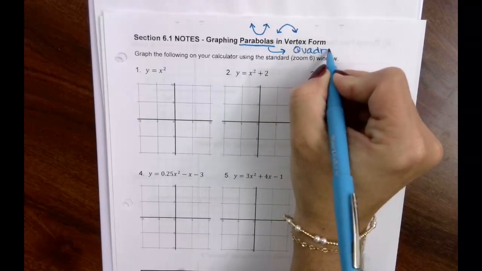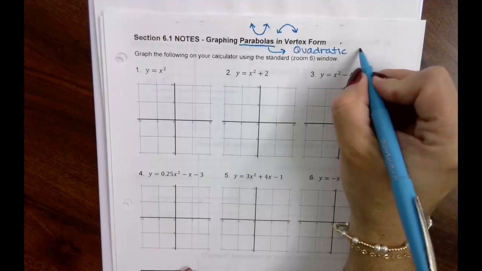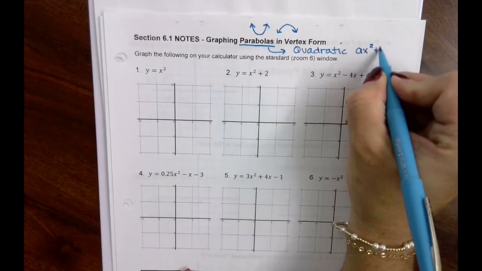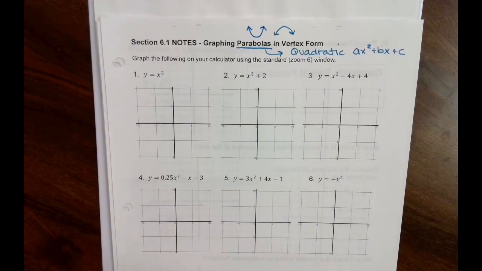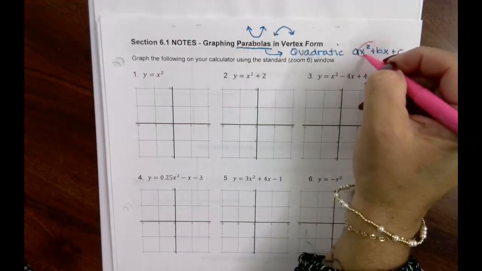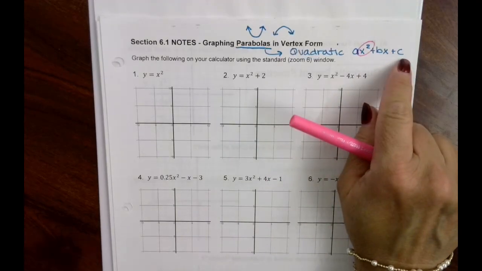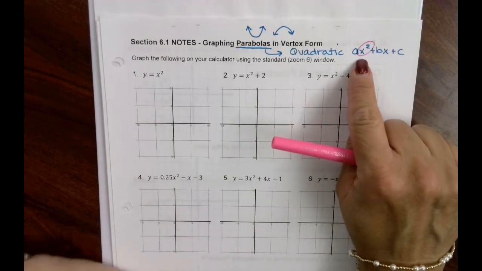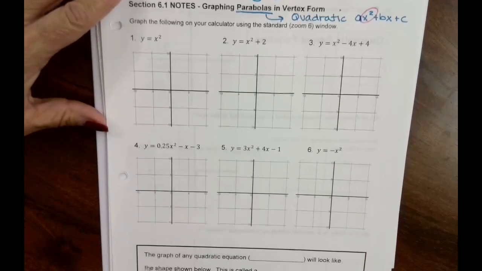quadratic. And we just finished a unit on solving quadratics, but remember, quadratic in standard form is ax squared plus bx plus c. So what makes it a quadratic is this x squared part. We don't need a middle term and we don't need a constant, but we do have to have an x squared, okay? So the first thing that we're going to do, it says here, graph on your calculator using a